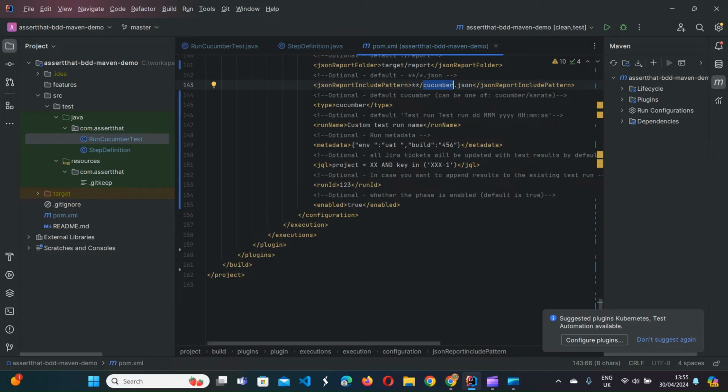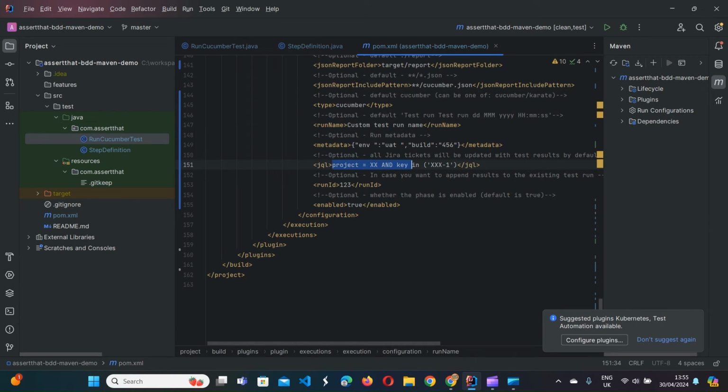If it's not present, the test run name will be set to the timestamp, but we can change it to something else. Metadata is additional data about the test execution, which can be the build, environment, user who executed this test, and any pieces of information you like in the JSON format.